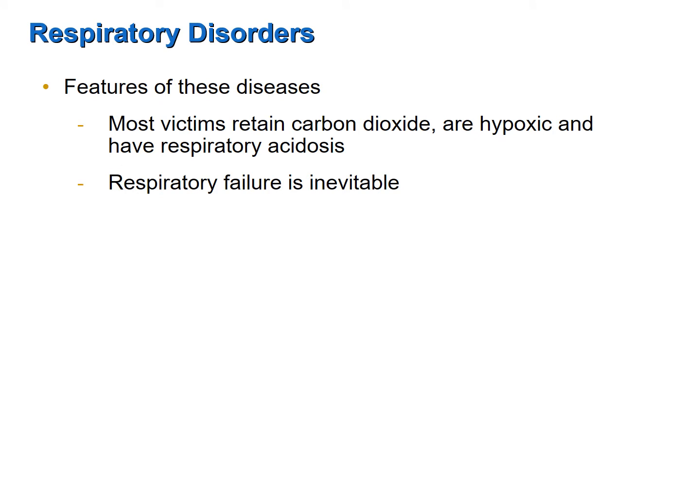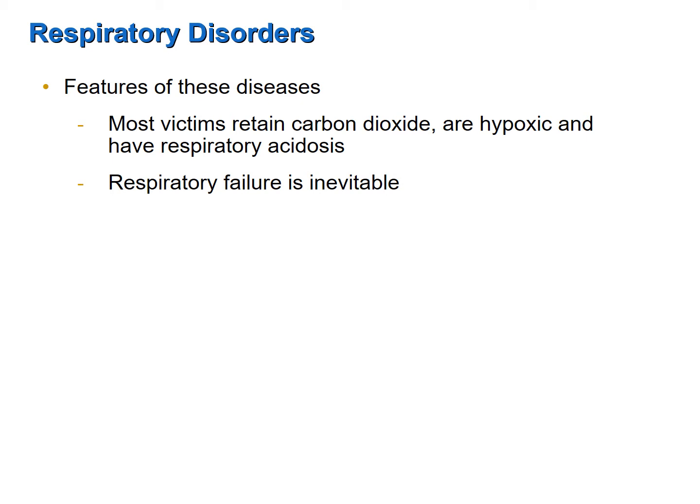Features of the disease are as follows. Patients will tend to have high levels of carbon dioxide in their blood, leading to respiratory acidosis. That is, a lack of ventilation and gas exchange, leading to high levels of carbon dioxide, which then cause low blood pH. Patients also tend to be hypoxic, meaning they will have lower than normal levels of oxygen in their